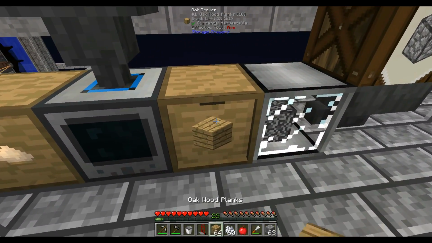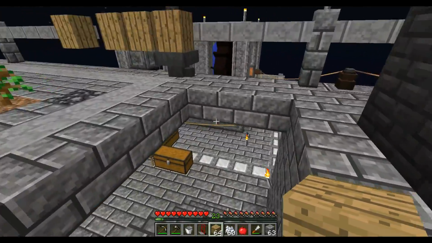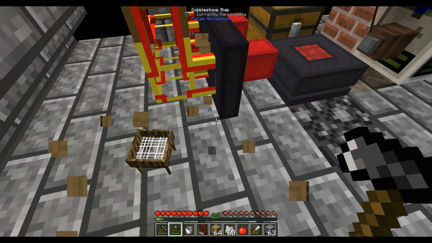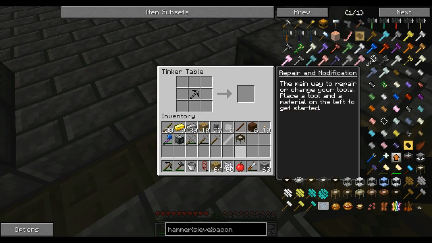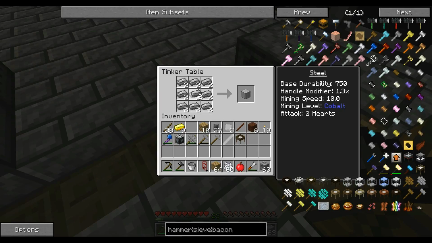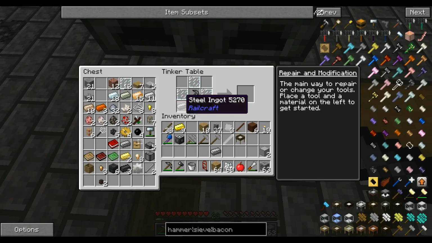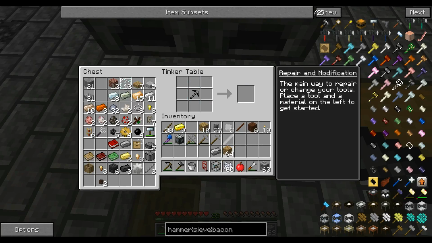So if we grab some wood as well and take that with us, we can head on downstairs, grab this as well, because we're going to need that. And now we'll need to make these into blocks. There we go. We'll need 2 blocks of steel. And I actually have an extra bit of steel because I'd forgotten about the one in there, but never mind. Put the 2 blocks of steel across the top, and the heavy sieve in the middle gives us our auto heavy sieve. We'll need to make a chest,